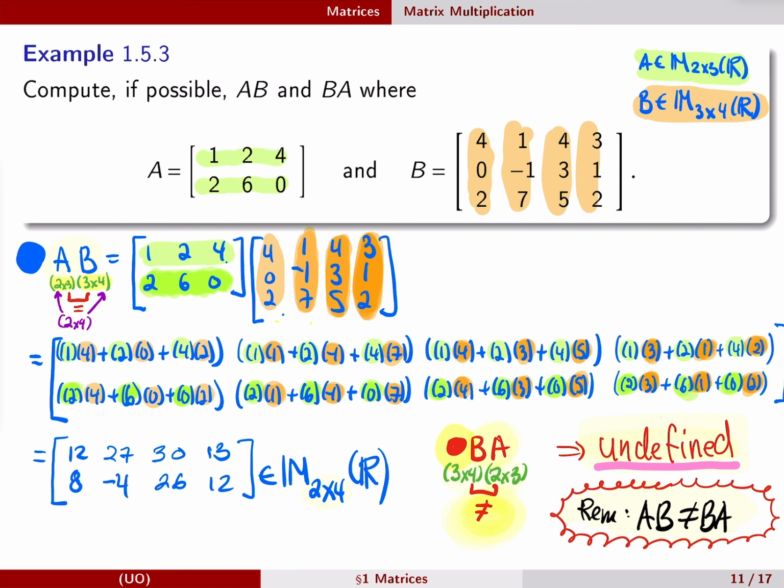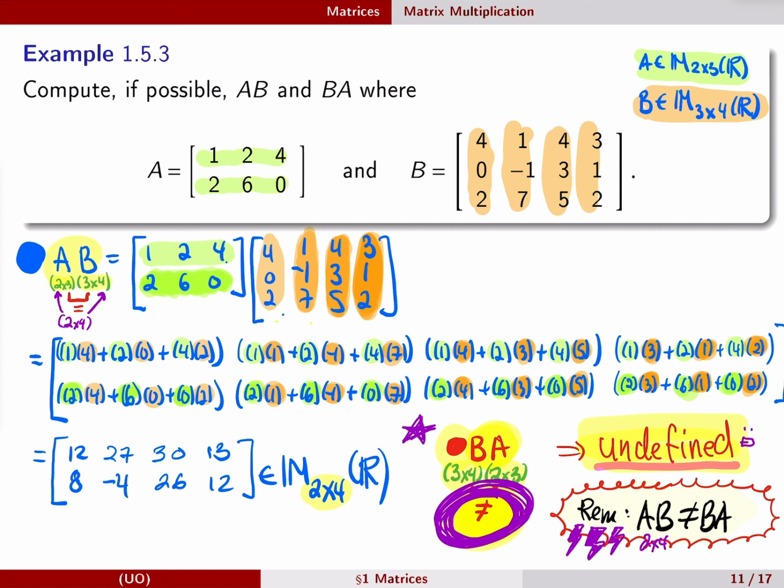Now for the product B times A, this is an easier question because when you put B and A next to each other, it's a 3 by 4 multiplying a 2 by 3. The inner numbers are not the same, and because they're not the same, this operation is undefined. So a nice little remark here that comes for free to some extent. We did the computations to get A times B, and we got a nice 2 by 4 matrix. But meanwhile, B times A was not even